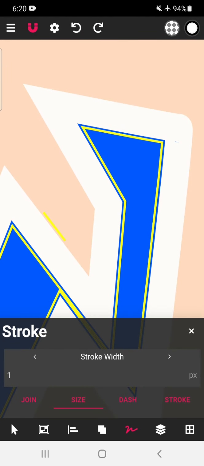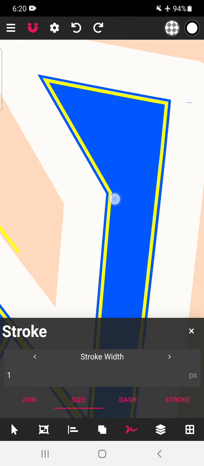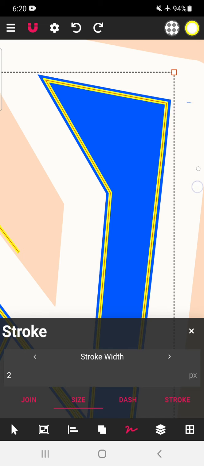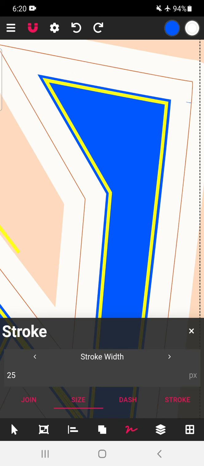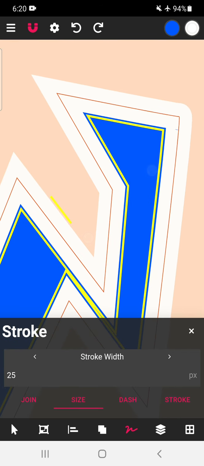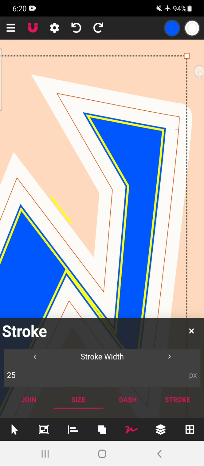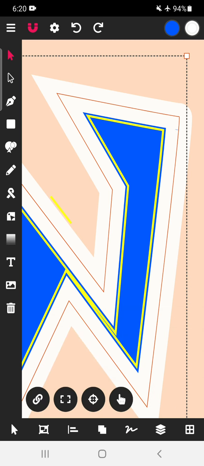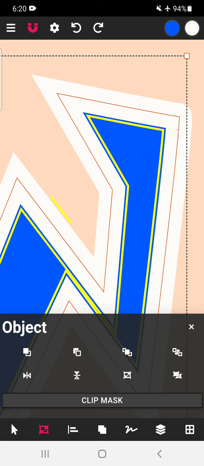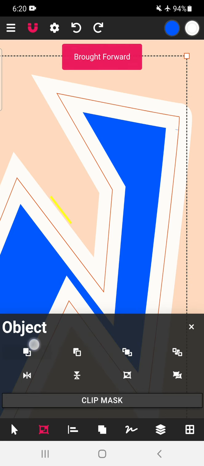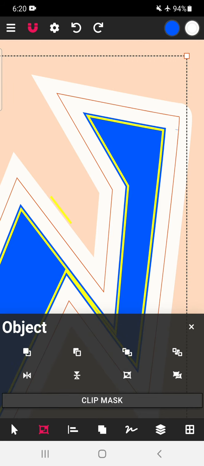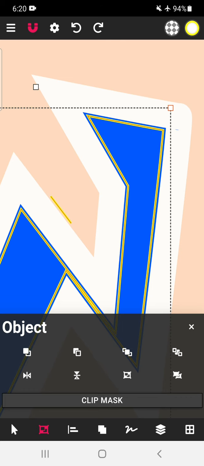Now you can see that inner path is also formed. So this is the inner path.